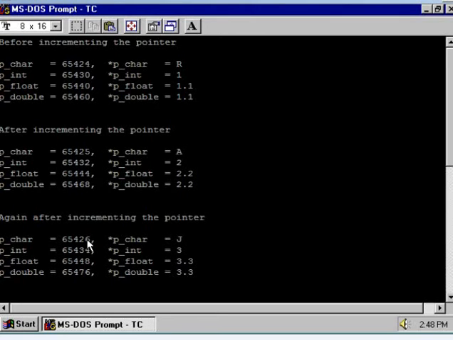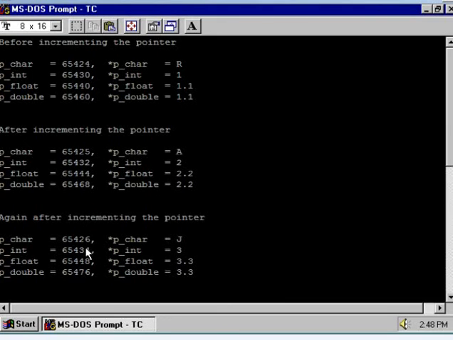So in case of the character array, if you increment pchar, then the first time it will point to the base address, that is 65424. Next time it will point to 65425, that is +1, and again +1. In case of the integer array, if you increment the integer pointer, then the addition will be of 2 bytes. So 65430, after that 65432, and then 65434.